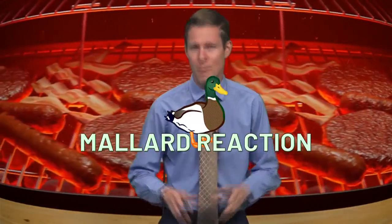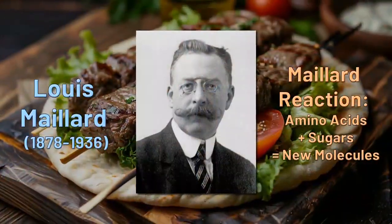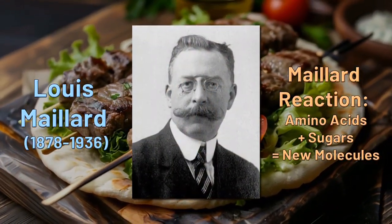Tailgaters to world-class chefs. It's something that anyone who's ever cooked, grilled, or fried can thank for giving food that extra kick. This week, we're exploring the Maillard reaction. No, not Maillard. Extra I. Yeah, thank you. Way back in 1912, Louis Maillard published a paper on how sugars and amino acids react when